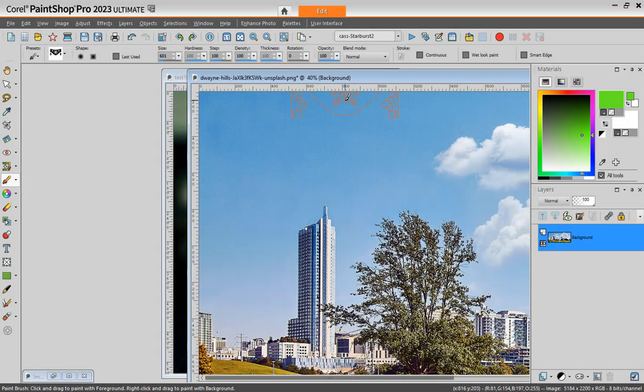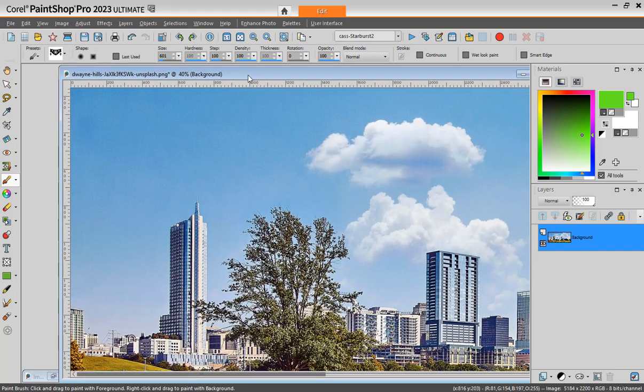Okay, now the cloning tip. Anne was asking, and a few people were wondering about that cloning tip that I had in the newsletter last month. So if I go to my clone brush,